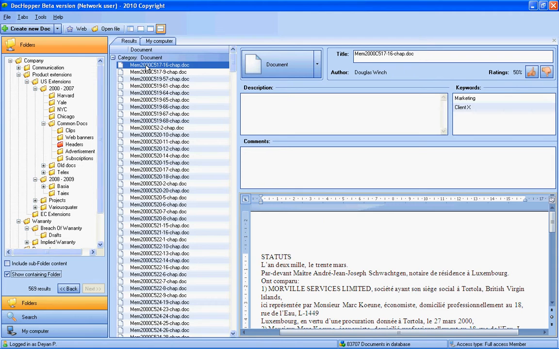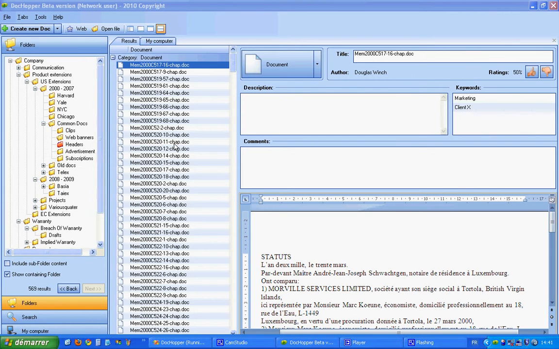Doc Hopper shows in the hierarchy of folders the folder under which, the one with the red color here, the folder under which this document, the first in the list, is classified. Now that I know where it's classified, I can easily understand in the structure where it has been